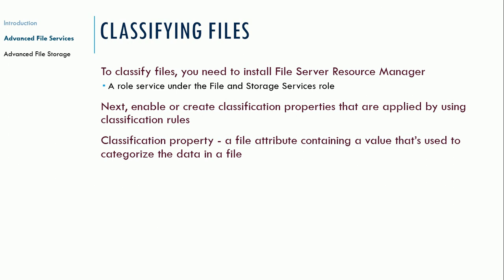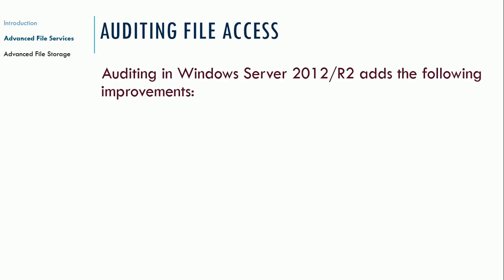And then the classification property is a file attribute containing a value that's used to categorize data in a file. So any aspect of a file can be classified. So when we say classification, it's sort of categorizing, right? It's putting metadata tags on the files so that you can track them, and you have additional metadata for searching and for sorting and understanding the data that you have, and creating additional rules with other services later on, such